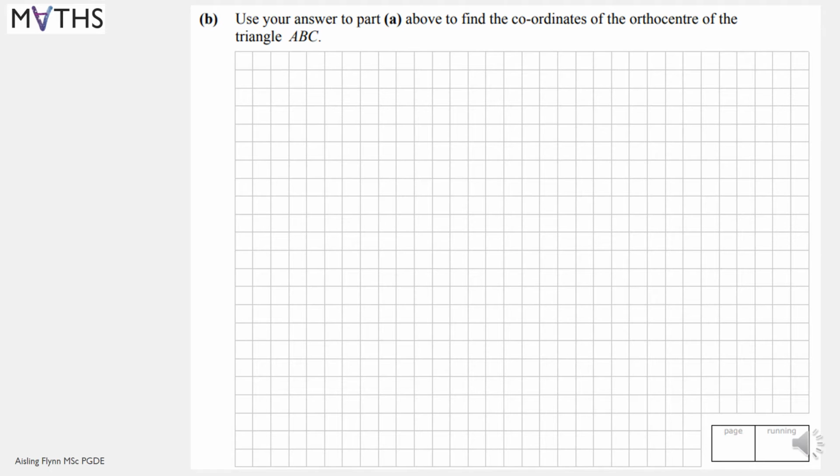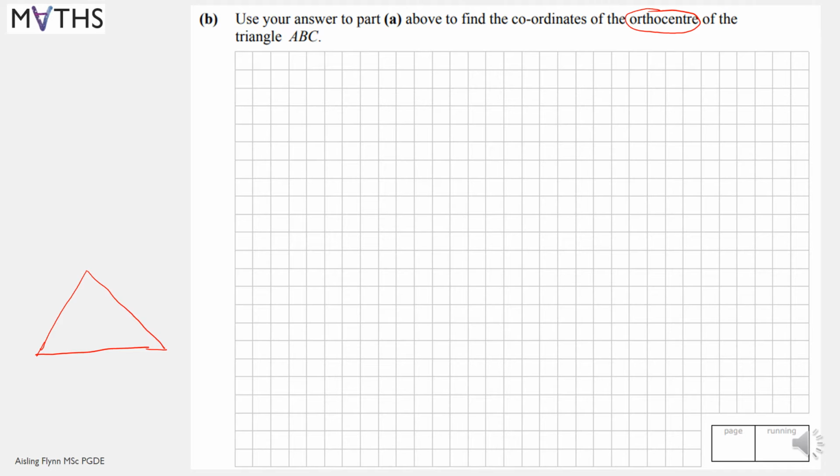Use your answer to part A above to find the coordinates of the orthocenter of the triangle ABC. Now, to answer this question, we first have to understand what an orthocenter is. We learned this in geometry. So if you have a triangle,